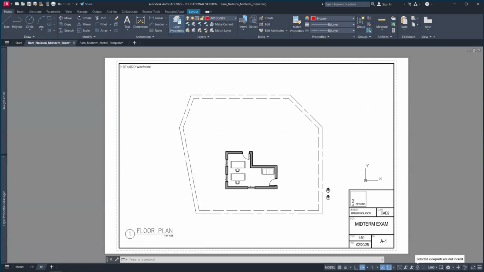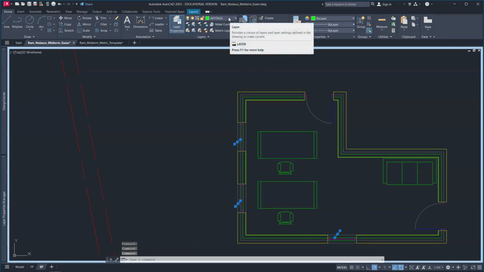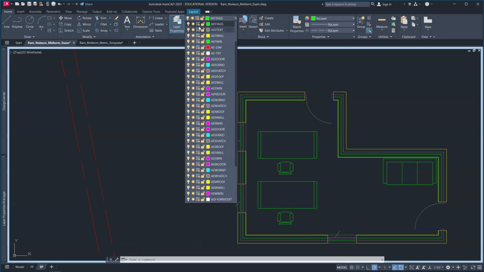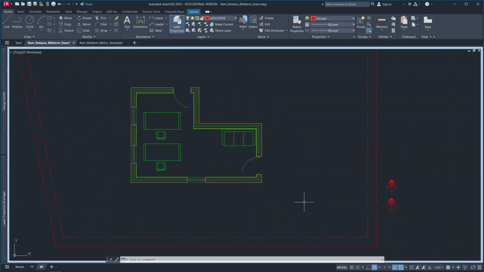So I can freeze that and then zoom in. And then from here, I need to place this in the dimension layer. So it will also be frozen, or this one is the A0 tag. So the A0 tag, I think, should be VP frozen as well. So let's VP freeze that. So it still belongs to the tag layer. Okay. And then now that we have our scale set,